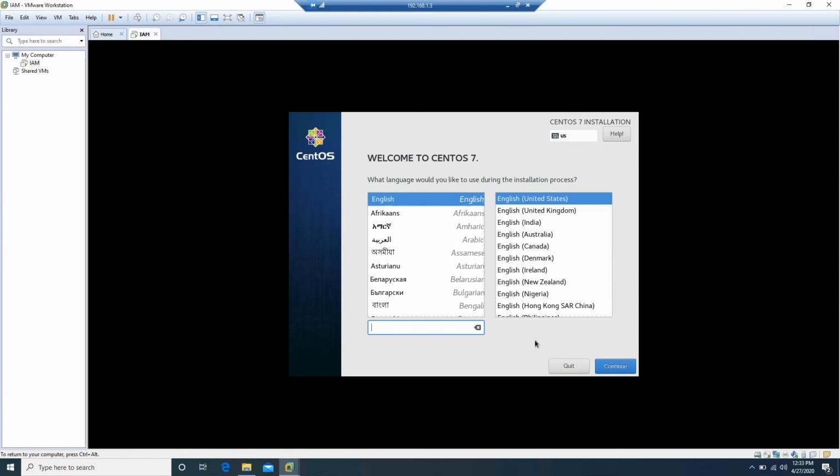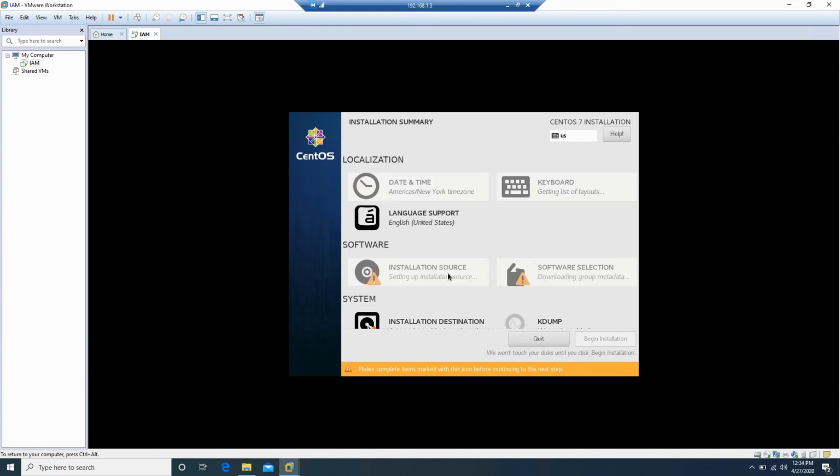Now it will prompt you with a different screen. Go with the default and we'll choose English United States, then click Continue. Here you can see it is asking you to complete the items marked with an icon before continuing to the next step.